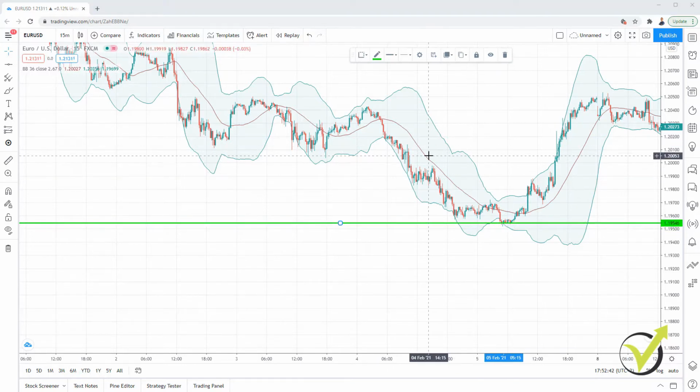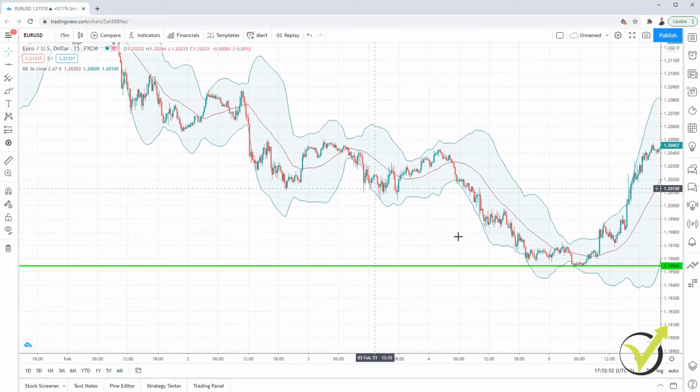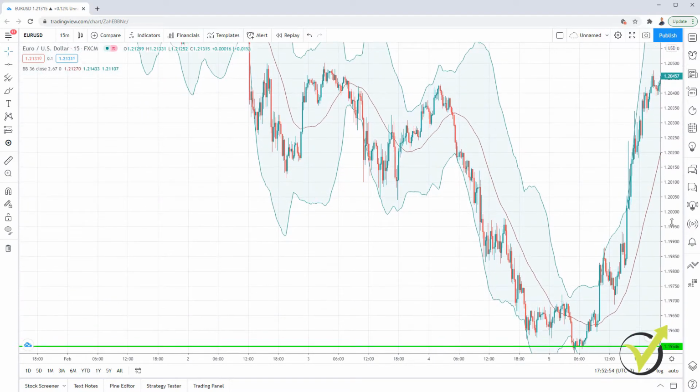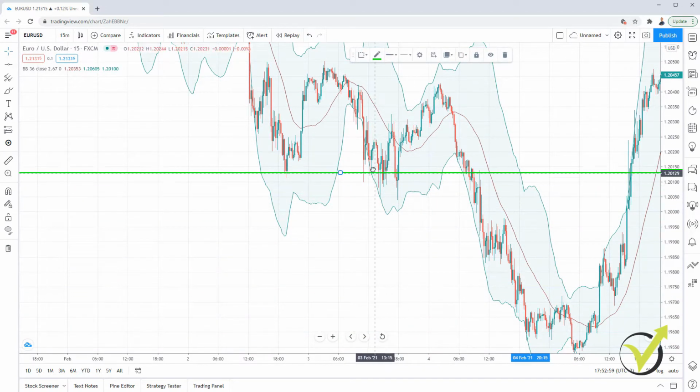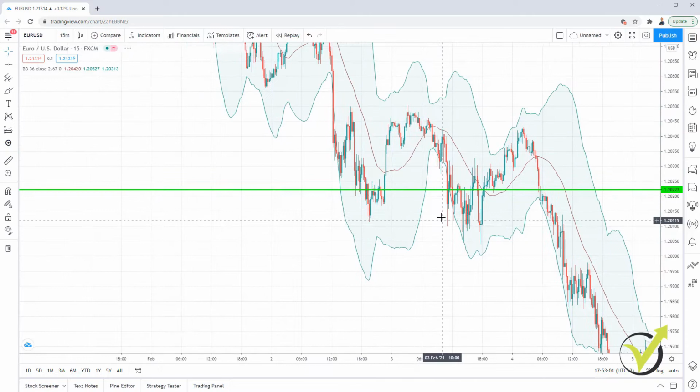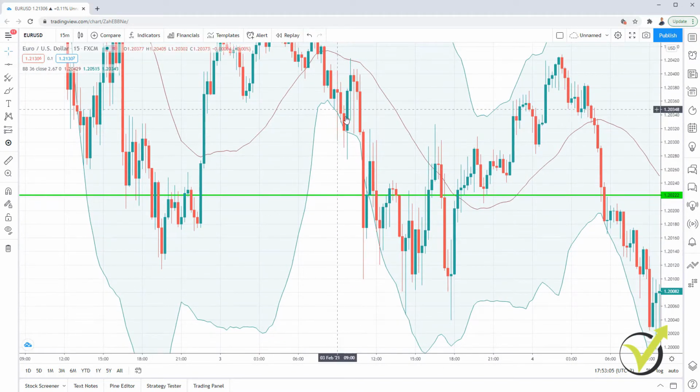Now, as with every strategy, for sure there are losing trades. So I will give you an idea about a losing trade. Right over here I can see one. So let me zoom in. I will drag the entry point right to that moment. Okay, here it is. Let me just show it to you. The price gets outside of the Bollinger Bands. We have a bar that opens below, and on the opening of the next one we will be buying, right?